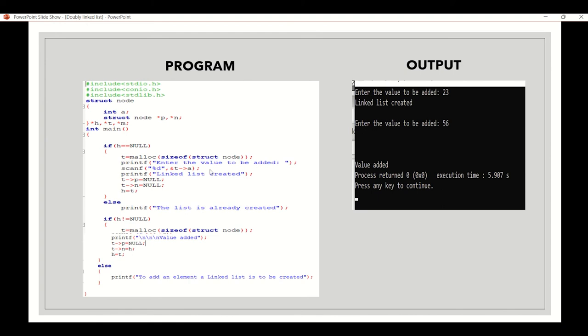In the else part, if the linked list is already created, the else part will work. Now let's come to the insertion at the beginning. t takes the memory allocation, and we will be declaring temp's p value as null, temp's next value as h, that is head, and head value as t.